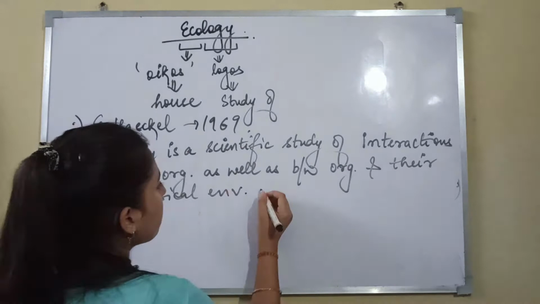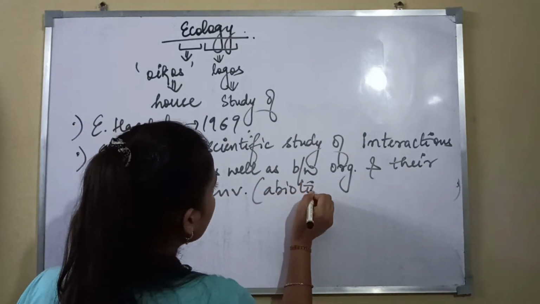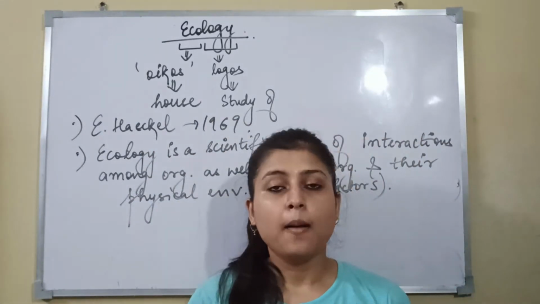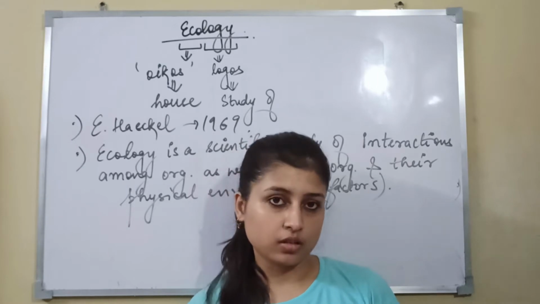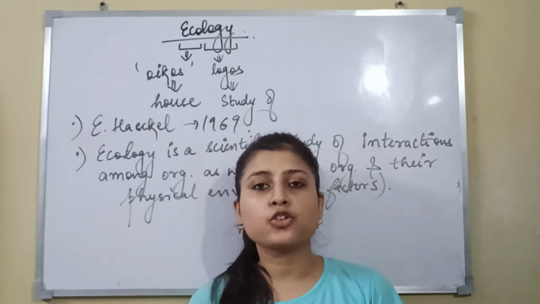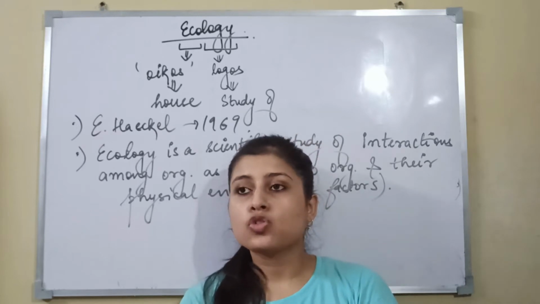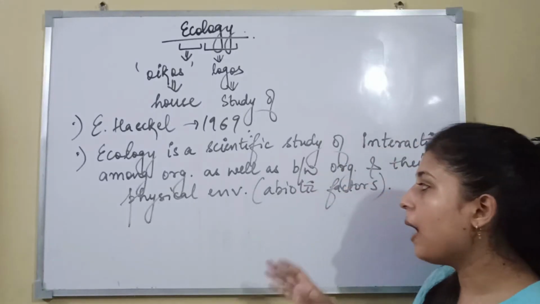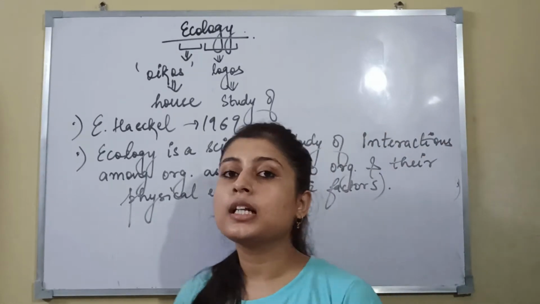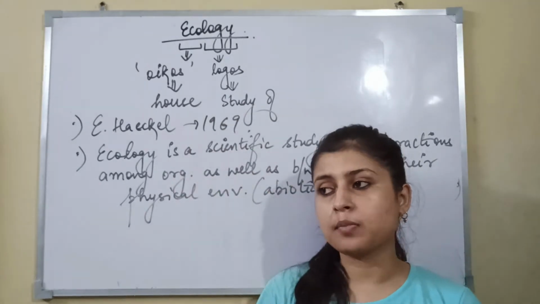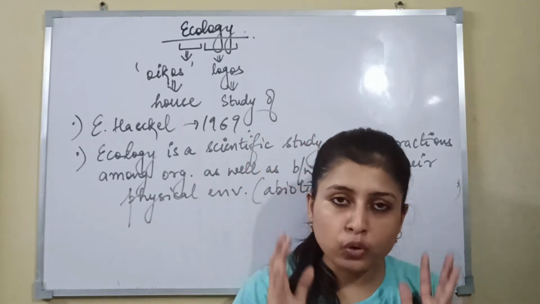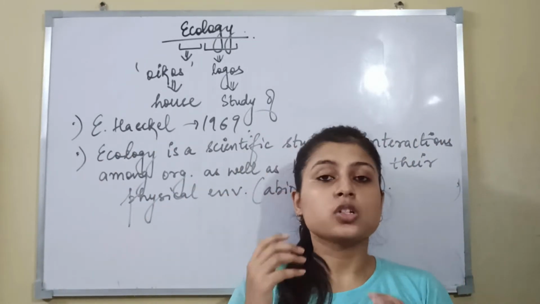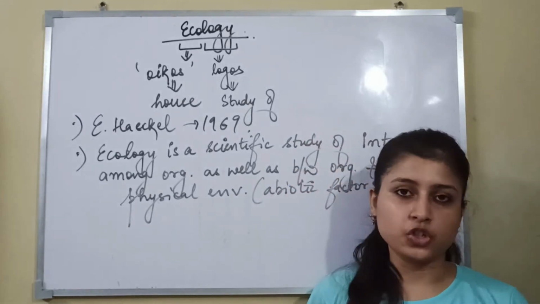What do you mean by physical environment? That means abiotic factors. We have two types of factors, I guess you know it. The factors can be biotic as well as abiotic. Biotic factors are those which are living, right? And abiotic are the physical or non-living factors. Abiotic factors include soil, wind, temperature. So here we are talking about the physical environment: what is the relation of one organism with another organism, and of those organisms with their abiotic factors and the physical environment. That interaction is basically ecology, right?